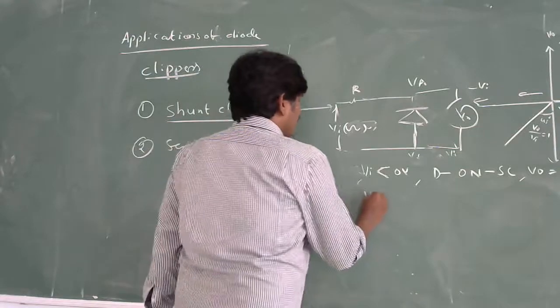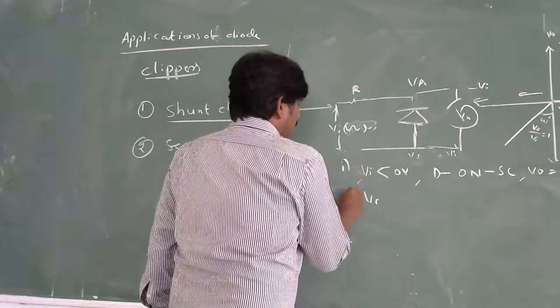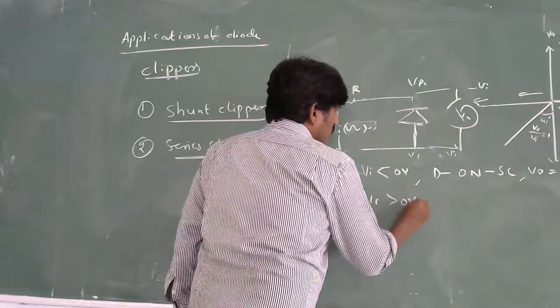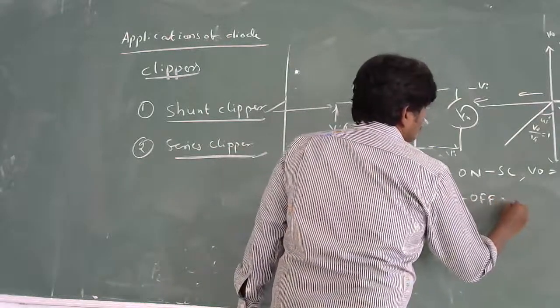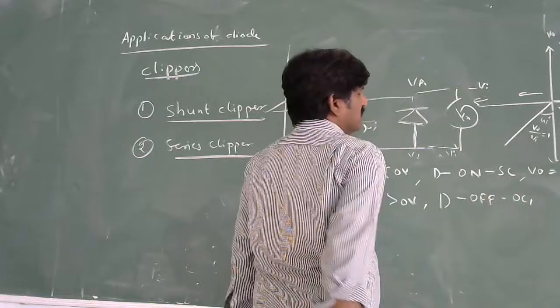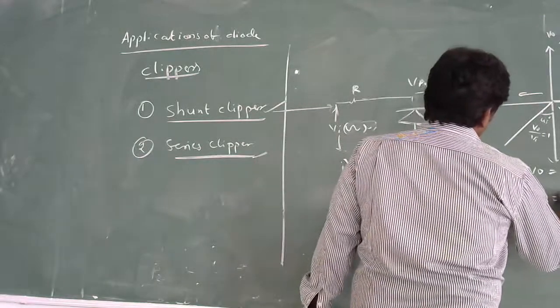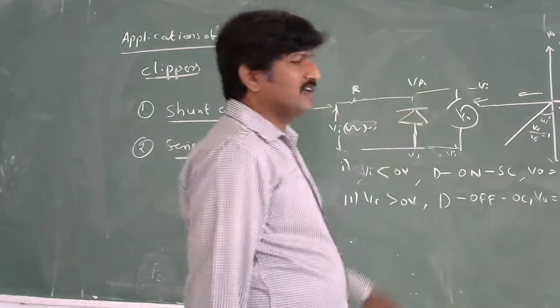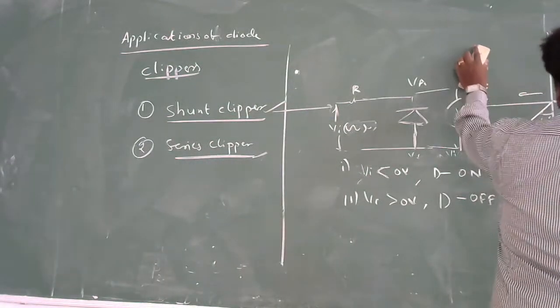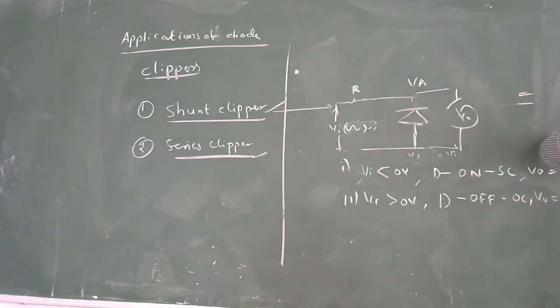Then VI greater than 0 volts, then the diode becomes off. Then it is going to act like an open circuit. What is the V0? V0 is equal to Vi. What are the transfer characteristics of this one? The transfer characteristic of this one is